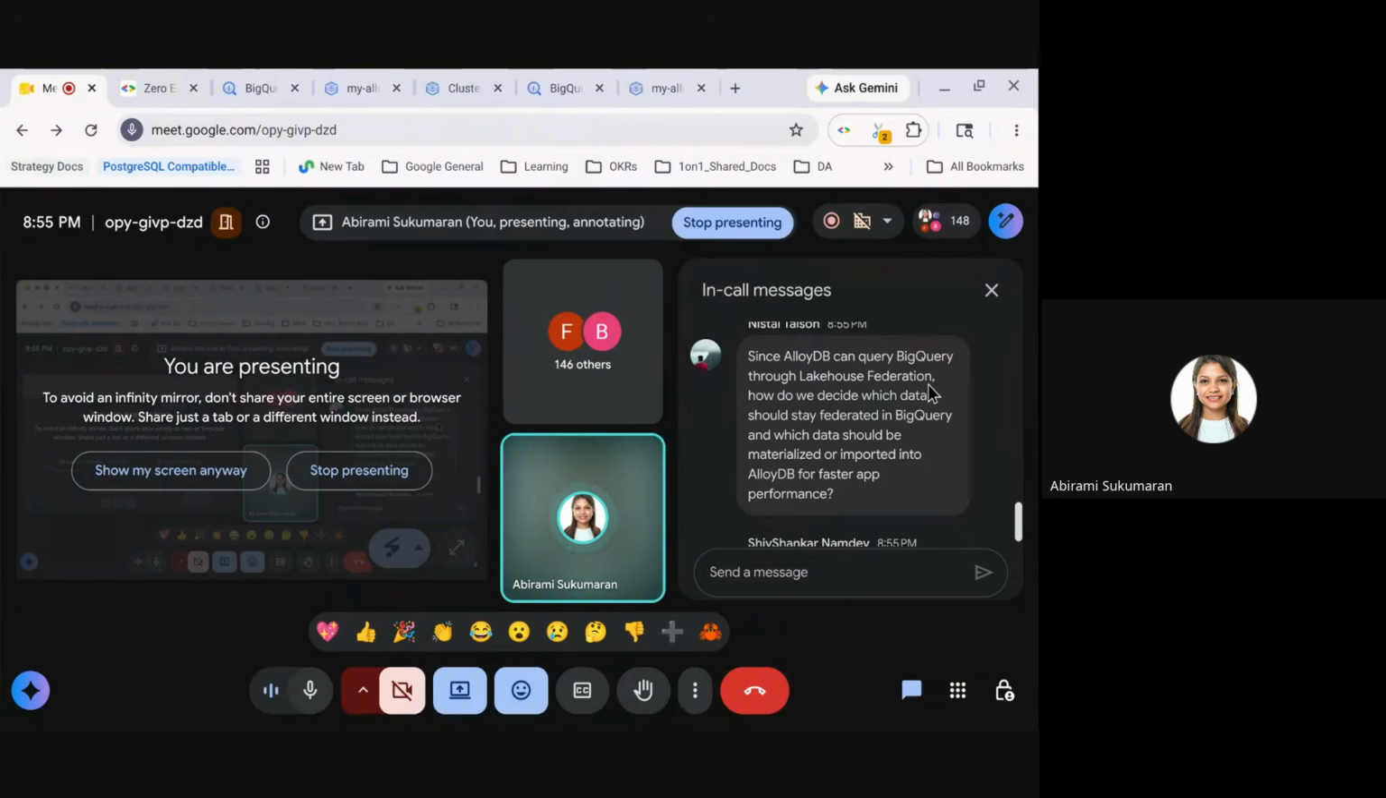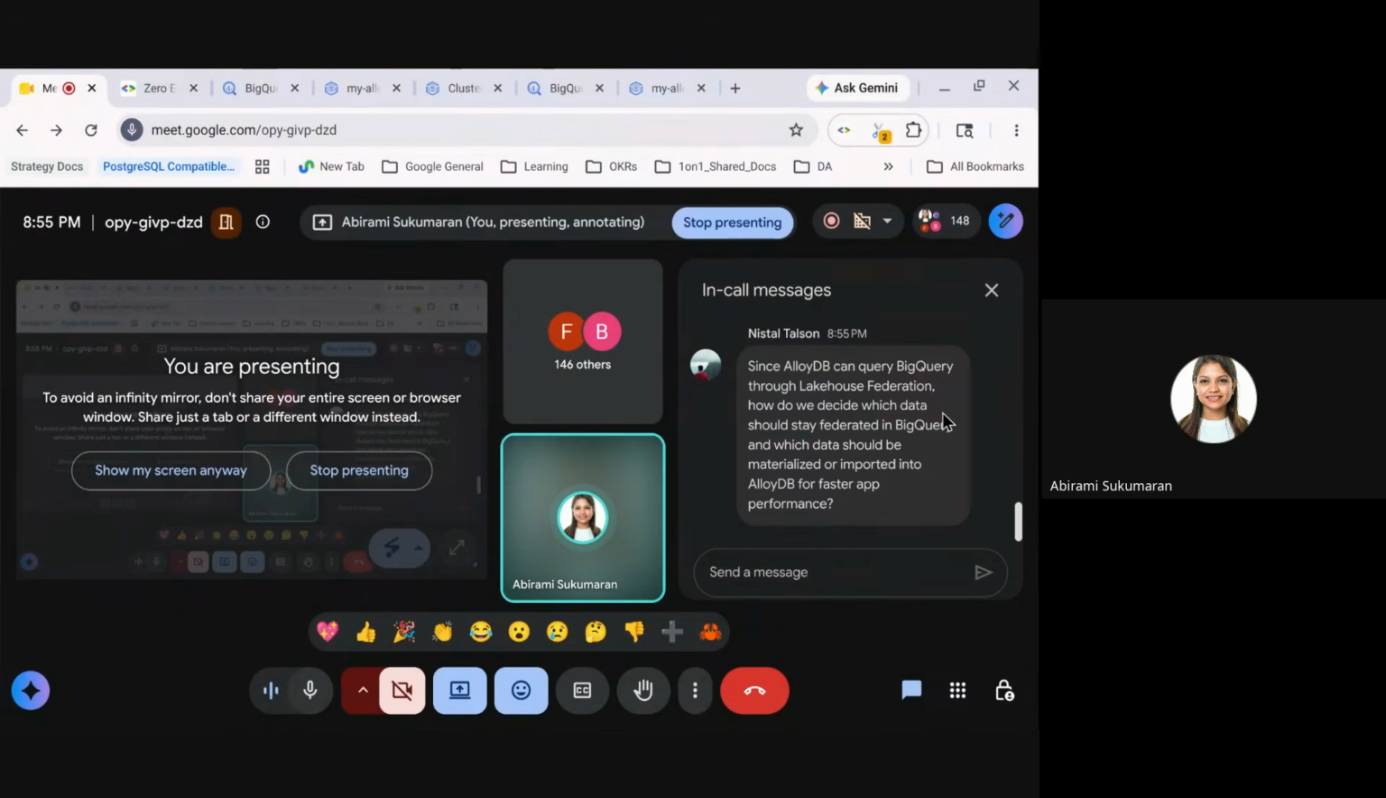Since AlloyDB can query BigQuery through Lakehouse federation, how do we decide which data should stay federated in BigQuery and which data should be materialized and put on faster storage? That is totally up to the application design. I would not duplicate data unless it's absolutely required. If I'm using AlloyDB, I don't need to worry about speed. I will definitely not be storing anything unless it's absolutely necessary for some complex computing that you need to do on the data. However,